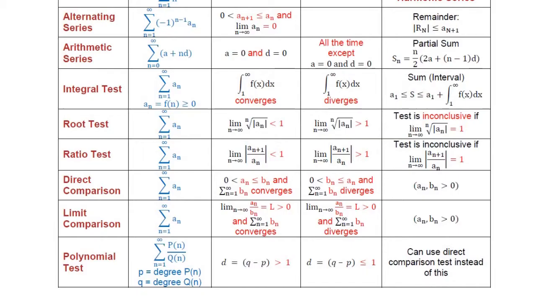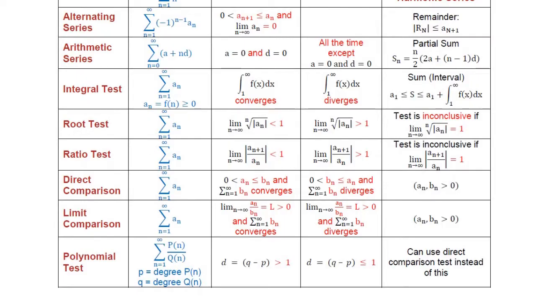Now, the ratio test is saying that when you take the limit as n approaches infinity of the next term over the current term, then if this limit is smaller than 1, it's convergent. Bigger than 1 is divergent. If it's equal to 1, then it's inconclusive, so you have to find another test to figure out if